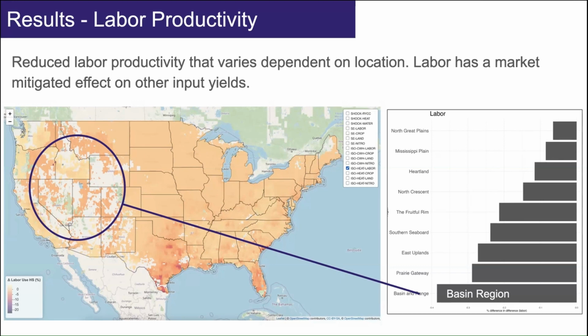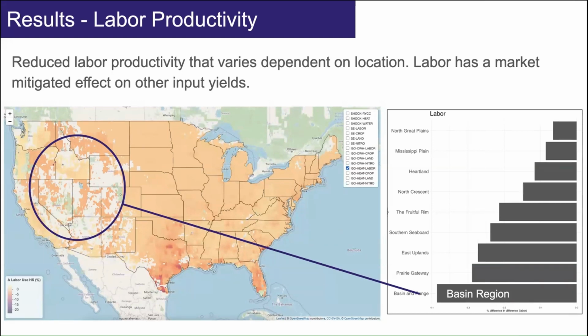Here we have some regional analytics where you see the biggest decrease in labor productivity in this basin region in the Western United States. But when we aggregate to this unit, it really masks some of the variability at the grid cell level. You can see Southern Texas, which was from the previous heat stress map, is really the hotspot of where heat stress will impact agricultural labor. It doesn't really show up when we aggregate this by the region. And so we're advocating for this kind of grid cell level approach, this more detailed spatial approach to understand how